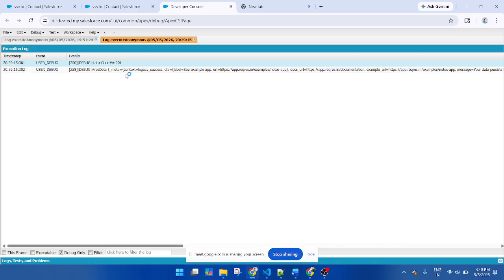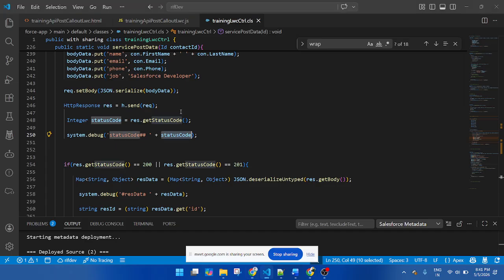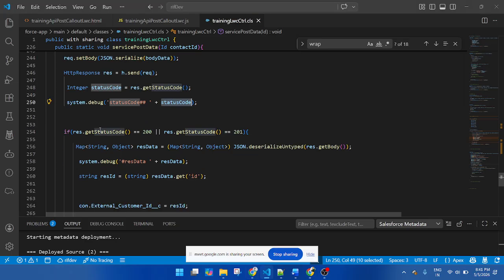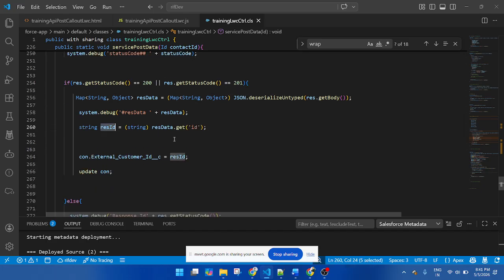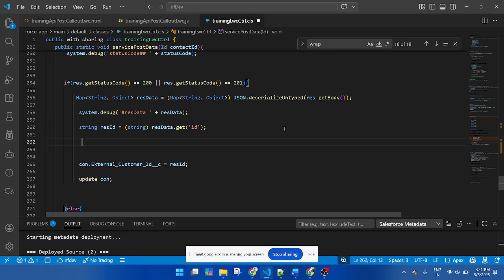Actually the data is too long. Status code, you can see status code 201. If we are returning 201 or 200, that means it's working well. And every time it returns this one. If you system.debug this one,